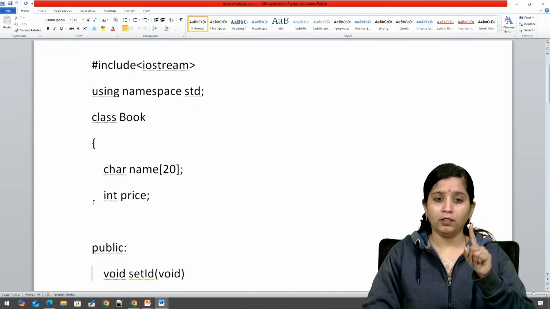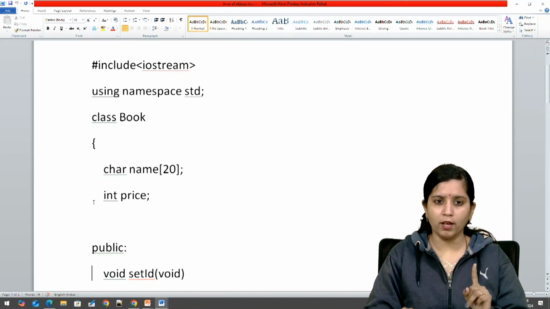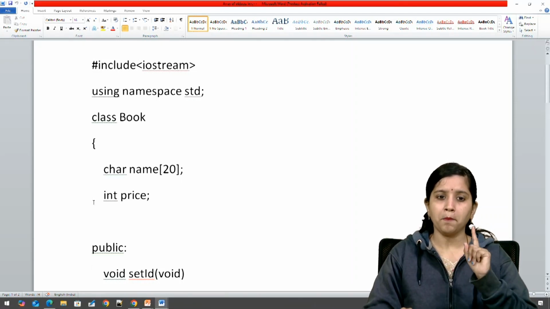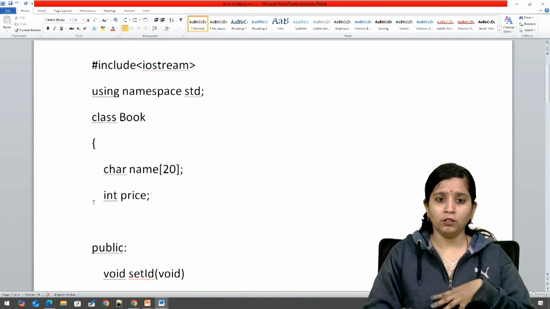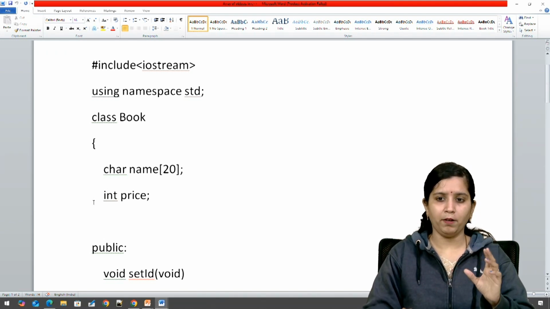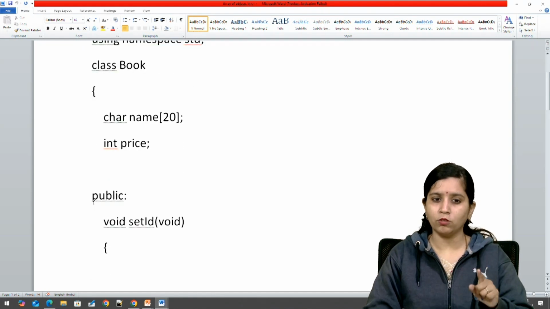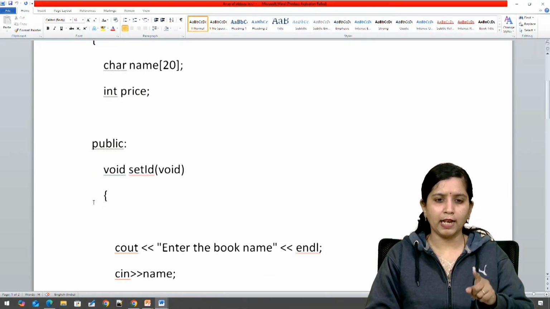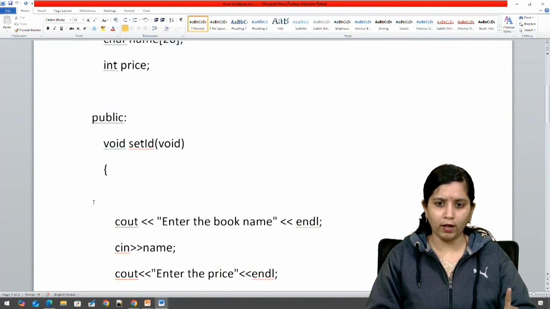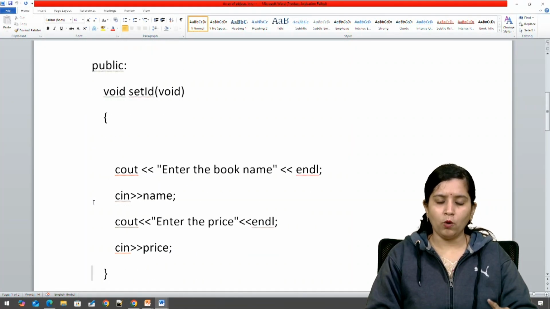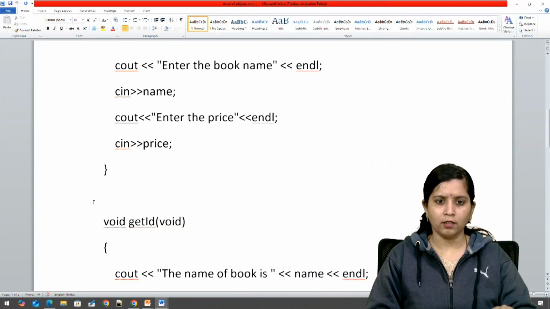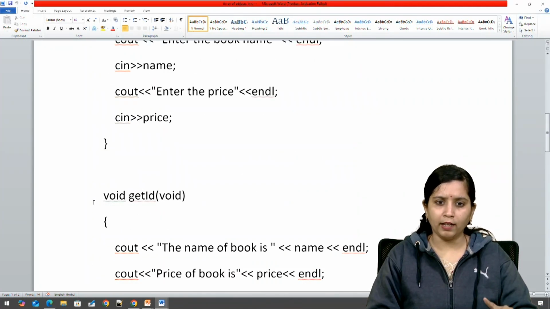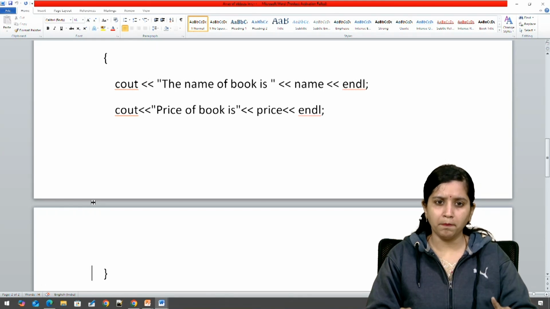By default, the specifier of members of a class is private, and when I want access to those private members, I use them under public. So void set id, with no parameters: cout enter the book name, cin name, cout enter the price, cin price. In void get id, I am simply printing out the name of the book and the price of the book.